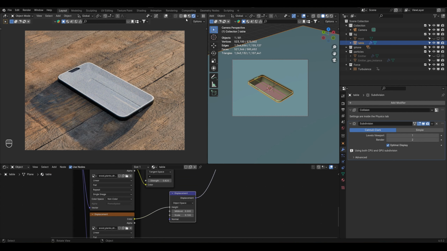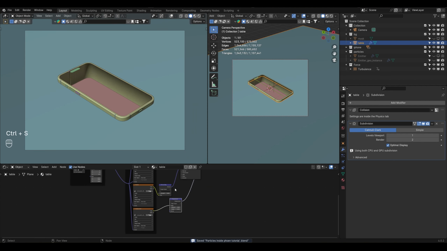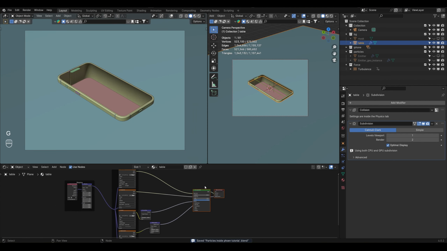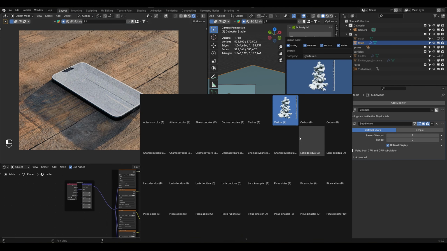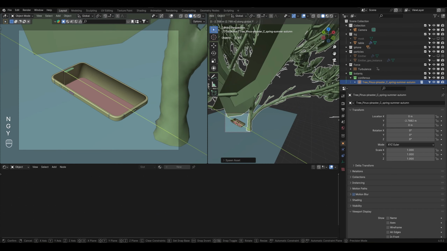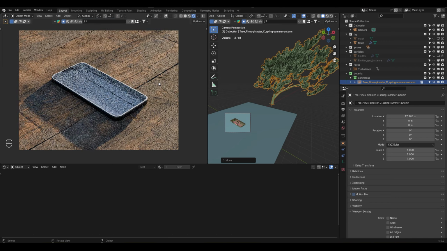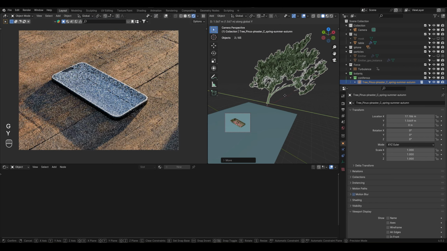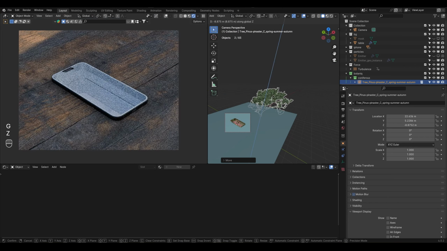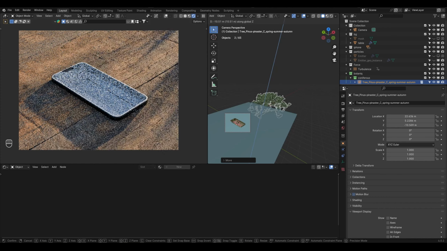I have one more thing to share with you. Maybe this tutorial will be a bit bigger, but I guess you will learn a lot of stuff. I can also try to create some trees if I want. So I created this tree which I can use just to cast the shadow. So maybe so here you can notice,